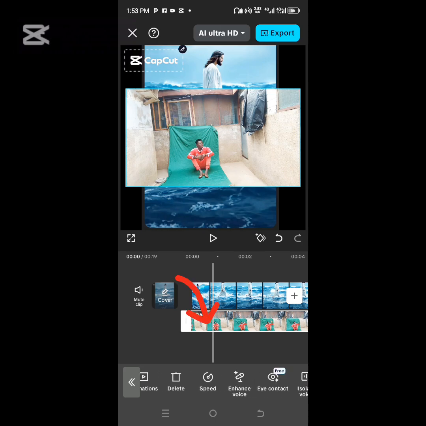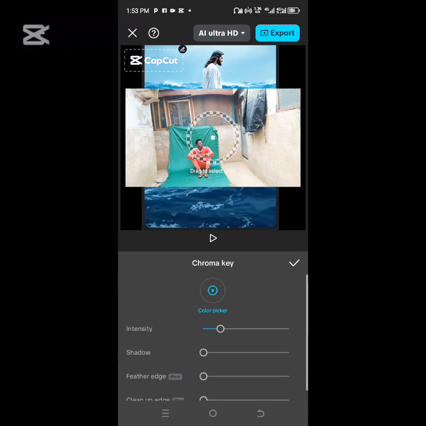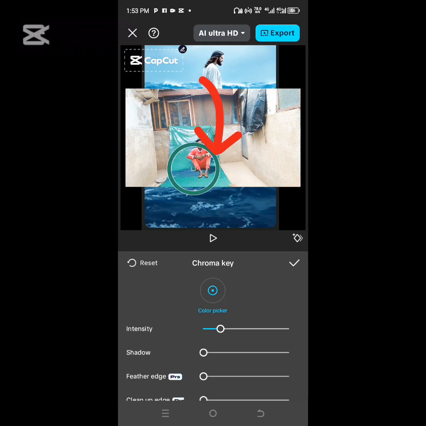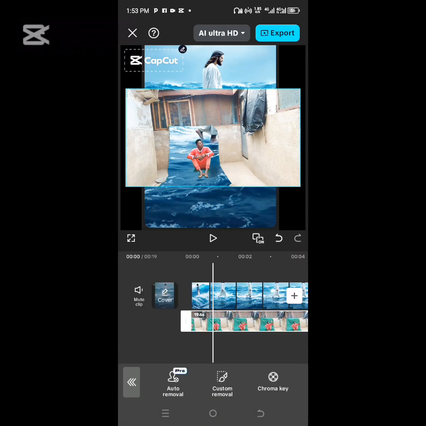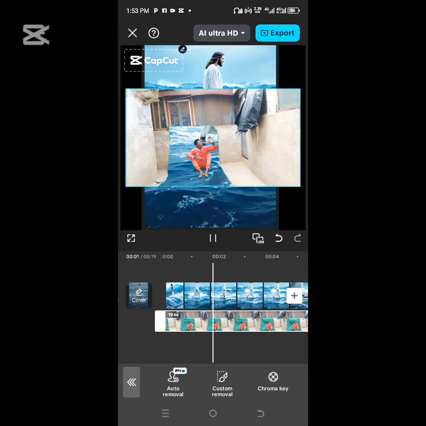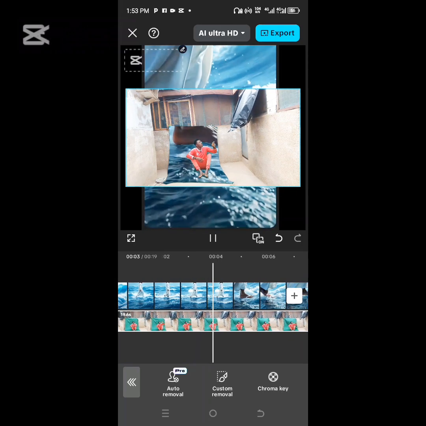So when you are done with that, you look for remove BG. Yes, then you click on chroma key because we have green background here, so we are removing this green background. So you draw this chroma key to remove only green background, then you click OK, then you go back. When you are done with that,